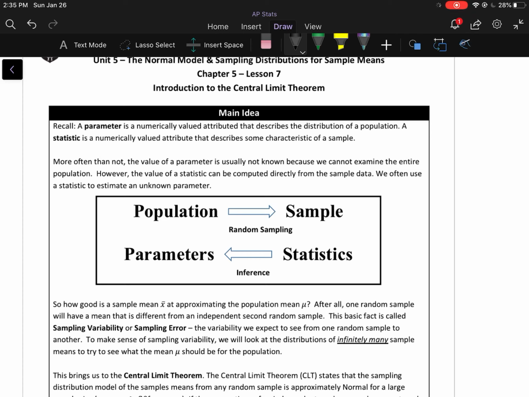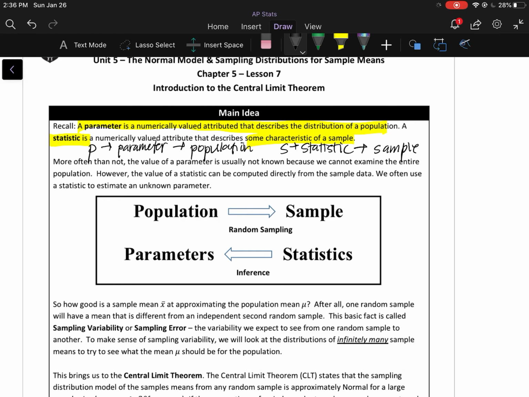So recall that a parameter is a numerically valued attribute that describes the distribution of a population. A statistic is a numerically valued attribute that describes some characteristics of a sample. I like to remember this as P for parameter, which represents a population. So if I give you a mean of a population, that is a parameter. If I give you a standard deviation of the population, that is also a parameter. S for statistics, which is for sample. If I give you the mean of a sample or the standard deviation of a sample, that is a